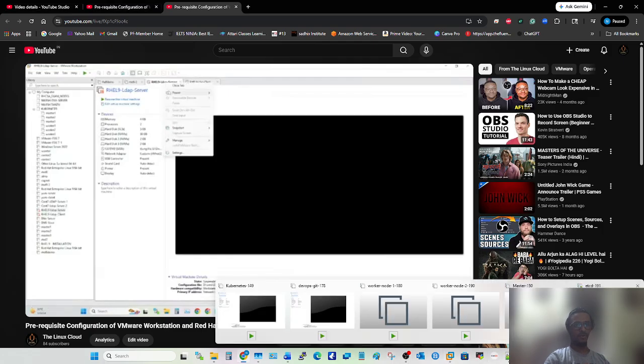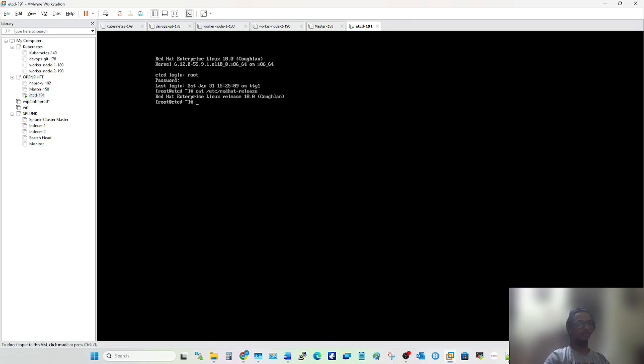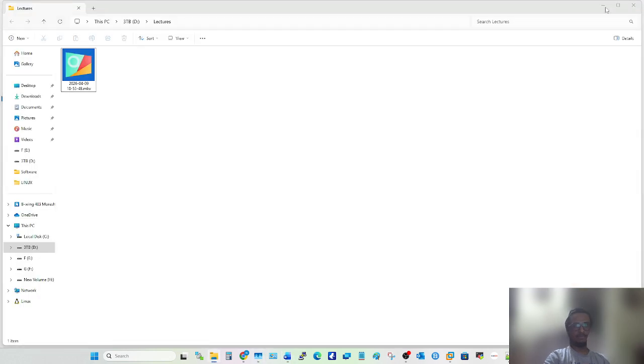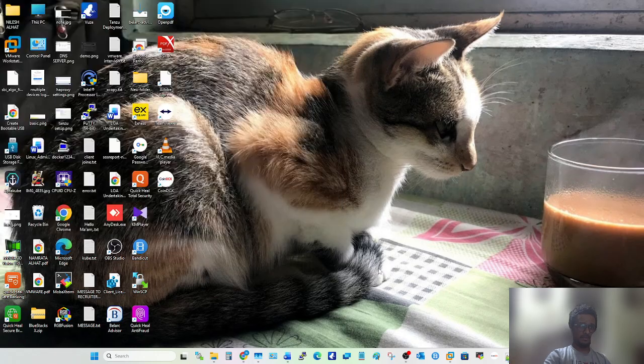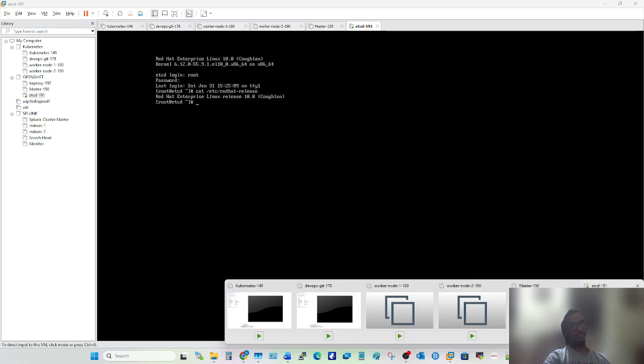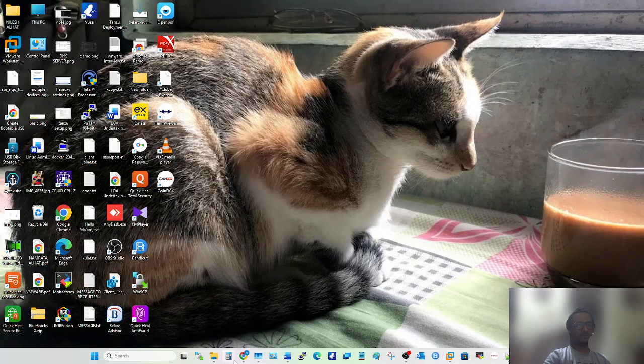So let's go to our Linux administration part. This is the virtual machine I'm using. I'm accessing this virtual machine from my desktop. The virtual machine and the desktop are both different things. This is the VMware Workstation software I'm using for creating virtual machines. I've created the virtual machine here. The Red Hat Enterprise Linux 10 operating system is installed in the virtual machine, and I'm taking access of this virtual machine on my desktop.